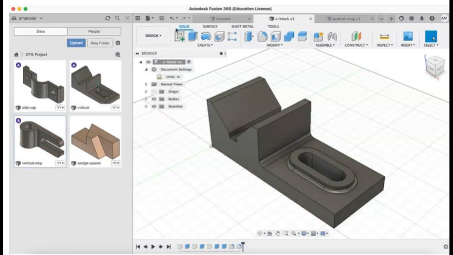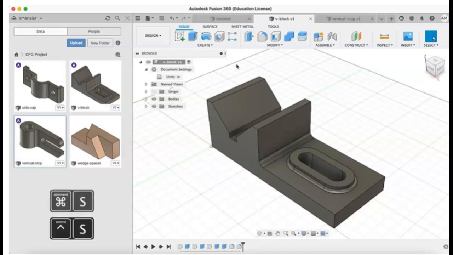Method 2 is by clicking the Save button on the application bar and then following the same procedure outlined in the previous method. Ctrl-S on a PC or Command-S on a Mac can also be used as a shortcut to save a design file. Note that by default, all files that are saved in Autodesk Fusion 360 are stored in